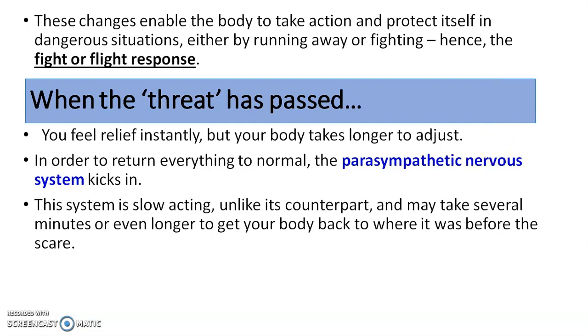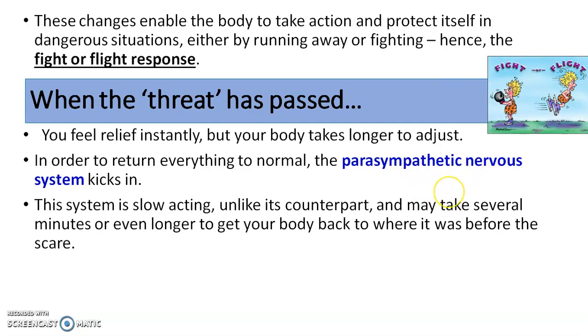So I might find a spot where I feel safe, and once that happens, that means my parasympathetic nervous system begins to work. Okay, so the sympathetic nervous system, if you think of it as sympathizing with your body, when you're in the presence of a stressor, it's sympathizing with your body to ensure that you're able to engage in fight or flight. However, the parasympathetic